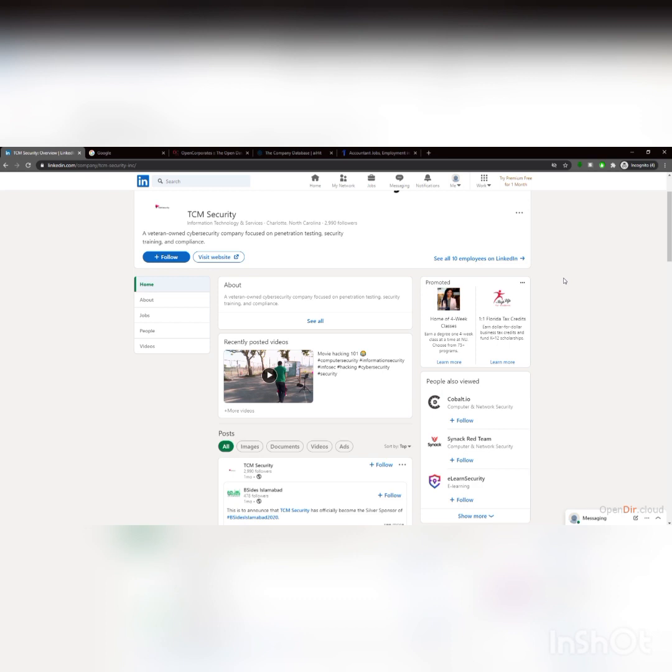What does the inside look like? What does a typical cube look like? Are they using cubicles? What does the desk look like? Are they using laptops? What kind of laptops are they using? Are they on Windows 10? Are they on Windows 7? Are they using applications like Slack? What details can we gather? Remember, the picture says 1,000 words. It really, really does. So any information that we can glean from employees, we're looking at that.